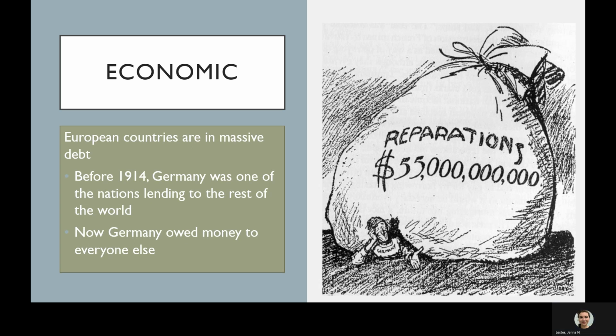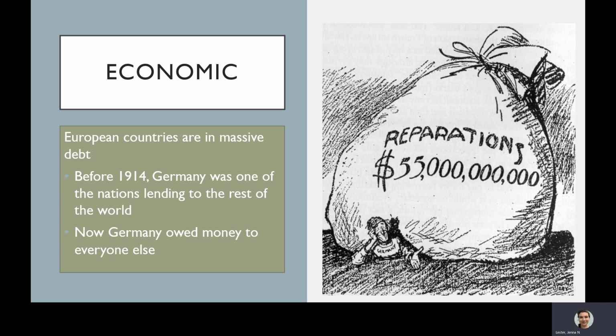Then suddenly a whole generation of young men were killed in the war. So families didn't have their primary breadwinner anymore. And countries had to go into huge debt to afford the war in the first place. So countries were in debt, they had no infrastructure, and they lost a bunch of their male population, which at the time meant basically no economy. So all of this sucked across all of Europe.